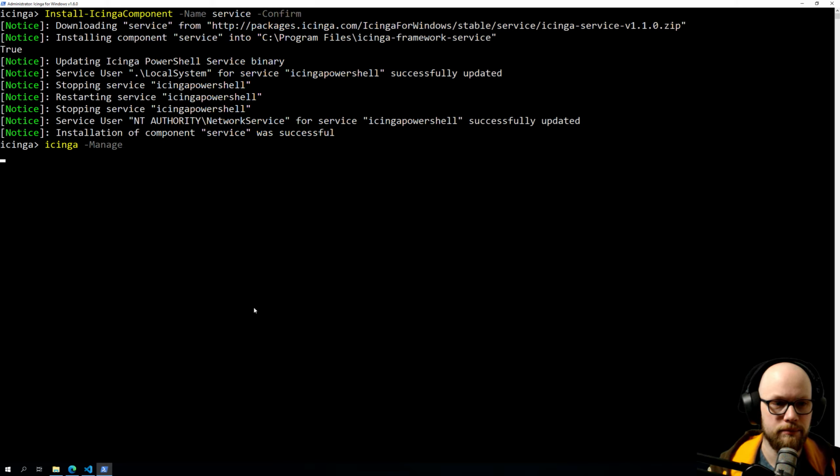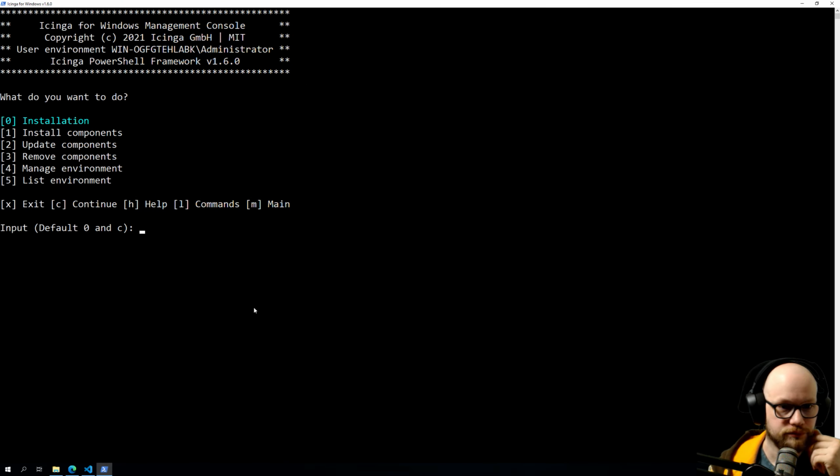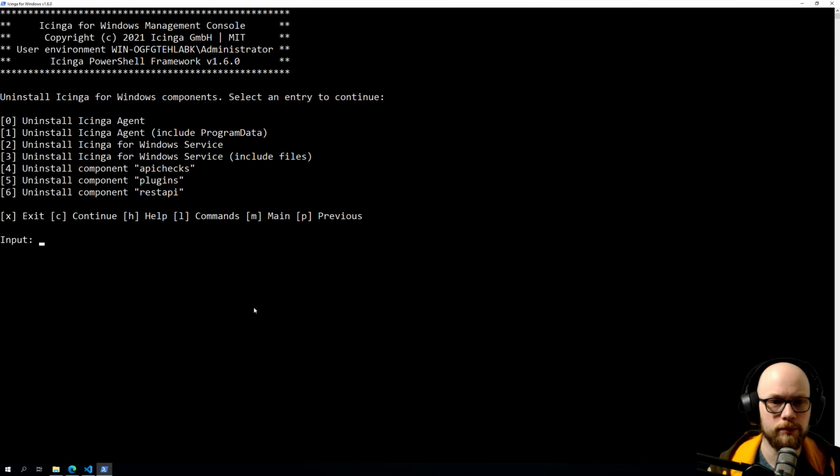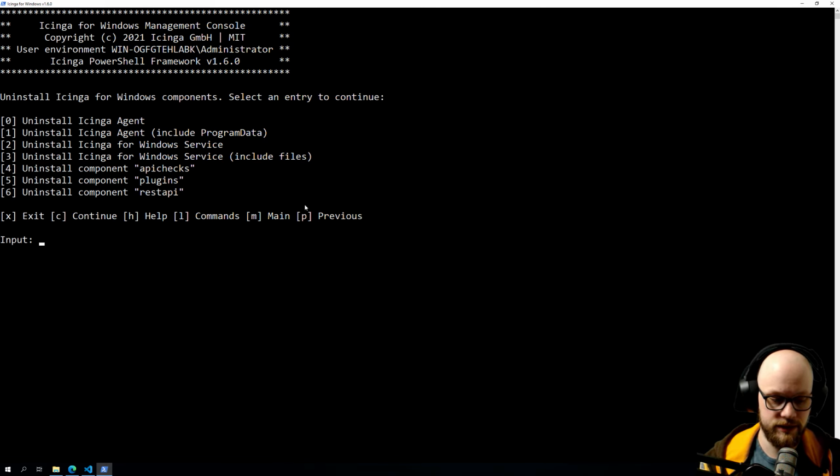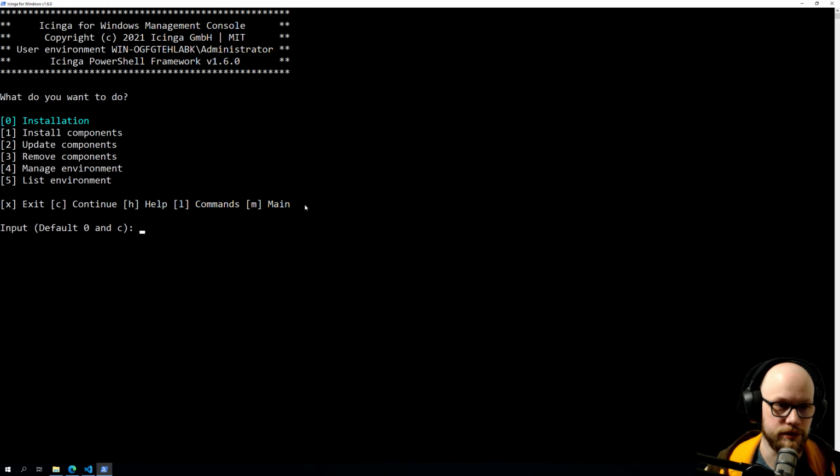And we can now hit manage again, for example. And then we can call remove components. And now you can uninstall the service again and also delete, for example, the service binary. That's very easy, straightforward. Everything is directly added to the console. Now,